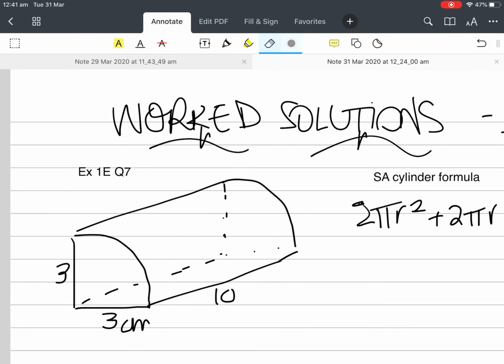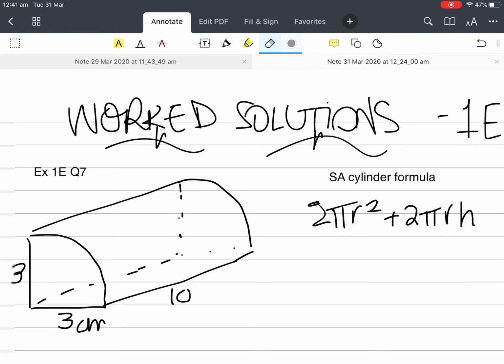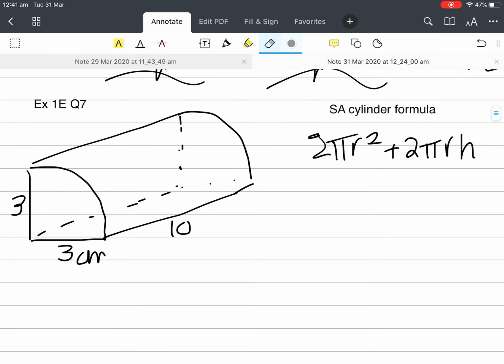So the first one is this particular diagram where you've got a quarter of a cylinder and you have to work out the surface area. So the first thing I'm going to do is write out the surface area formula so I know what I'm doing. You can do these in many different ways, but the way I do these is I actually work out the surface area of the whole cylinder as if it's a whole cylinder first. So if I do that, I'm going to go,